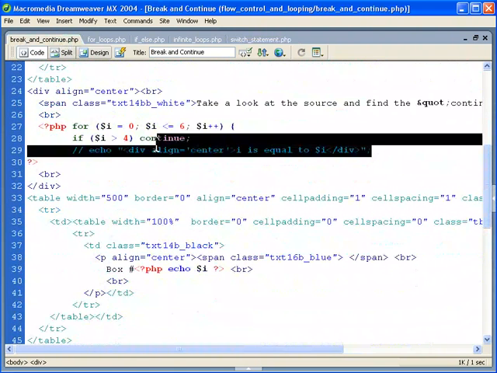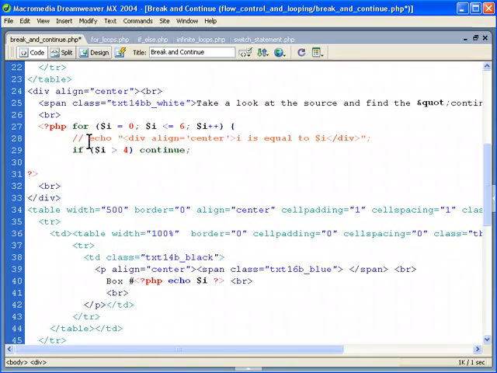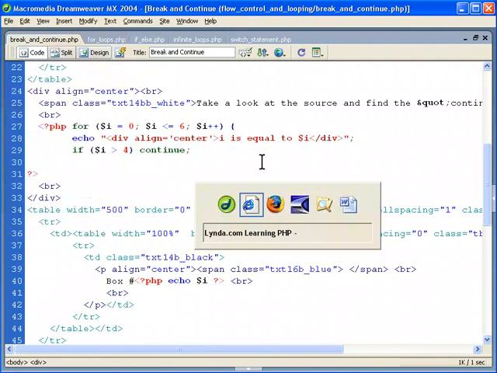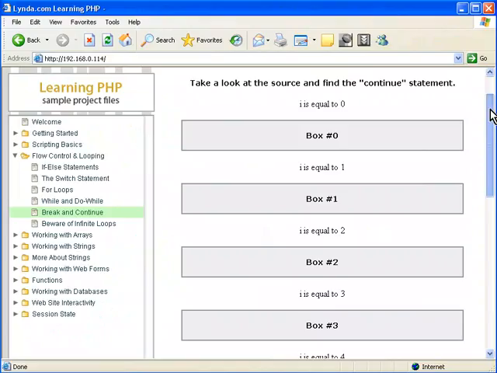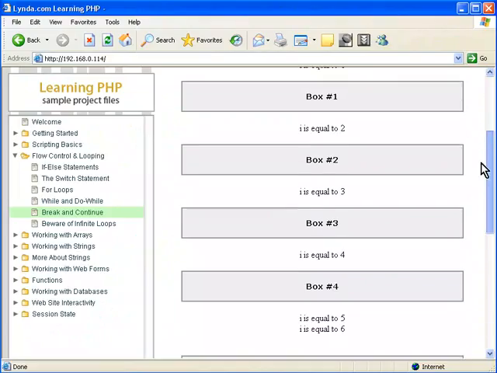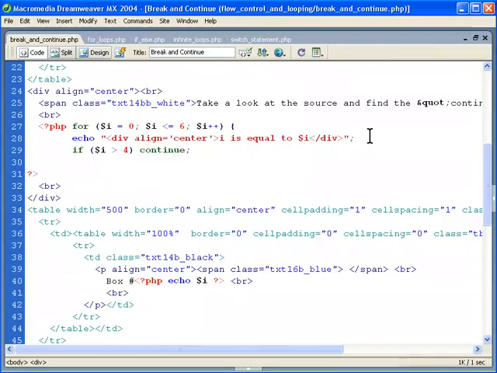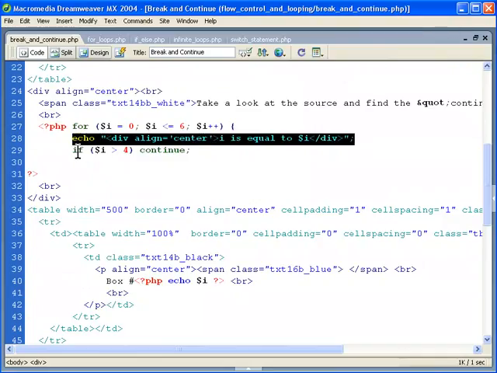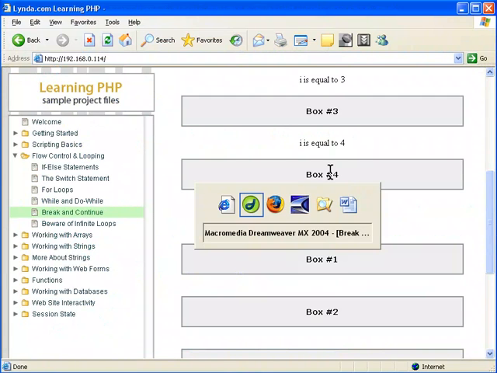Meaning that if we took this code here and placed it here, and we'll run that, you see that I is equal to 0, and it continues even when I is equal to 5 or I is equal to 6. That's continuing. Because this code always gets executed. But if I is greater than 4, this won't get executed. It'll come back up, increment, and then continue printing this out again. That's continuing. Now with break,